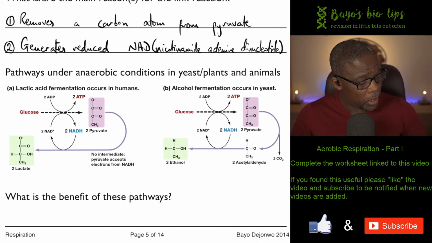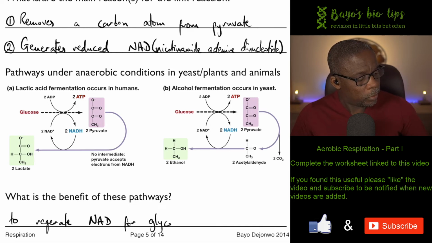So the benefit is to regenerate NAD for glycolysis. Okay,